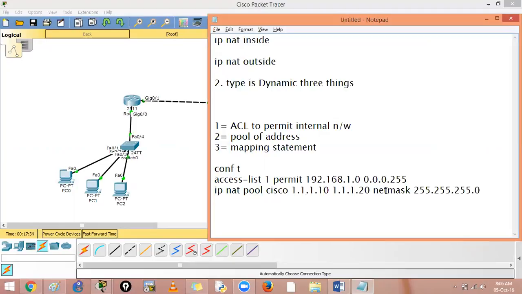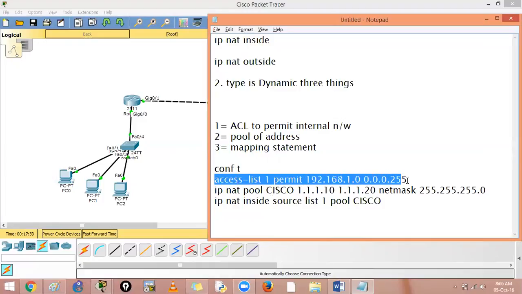How do you map that? Again, IP NAT inside source list 1 pool CISCO. Usually you will use uppercase in here, so it looks good in the configuration. If this is a name that is given by us, we should have uppercase over here. So first is the access list that permits the internal network.